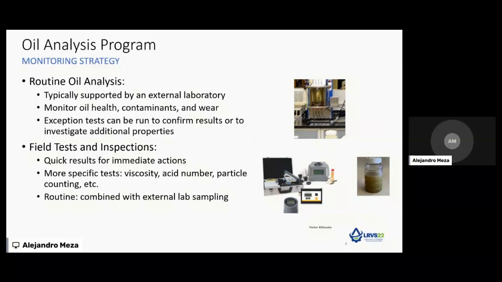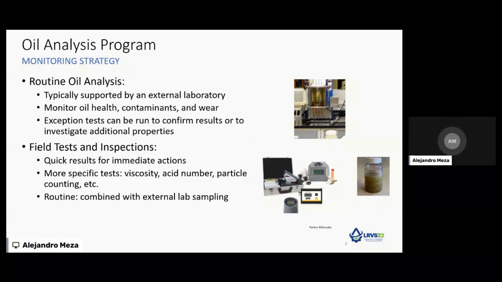There are field tests and field inspections. On the right-hand side, we see a sample. That sample is a real sample taken from a gearbox that is using a synthetic oil. And we look at the color, it doesn't look like the synthetic, transparent, brilliant color that we know. If I take that sample and inspect it against light in a transparent, clean bottle, I may identify abnormal conditions,